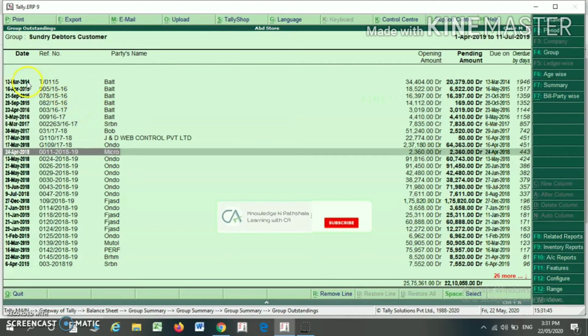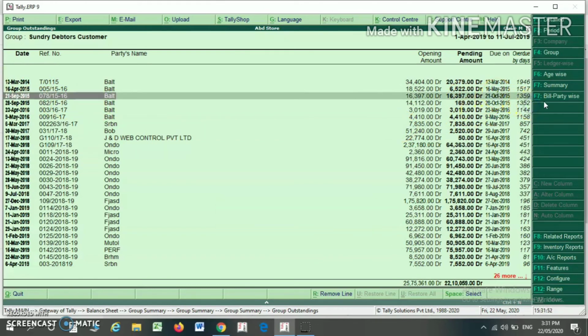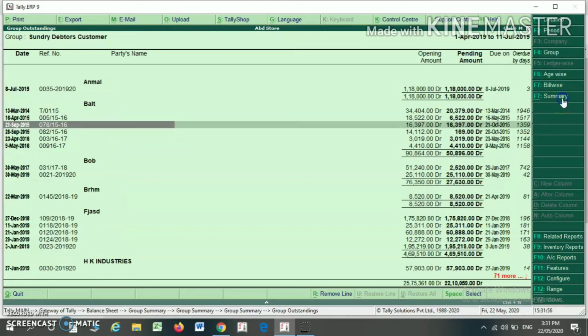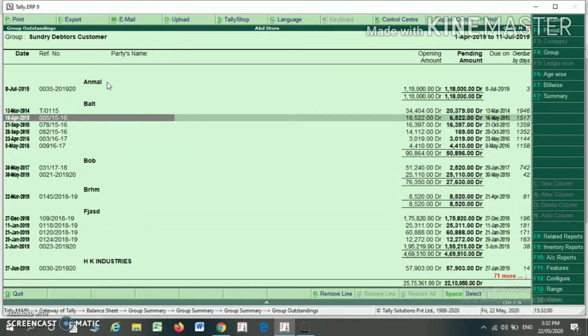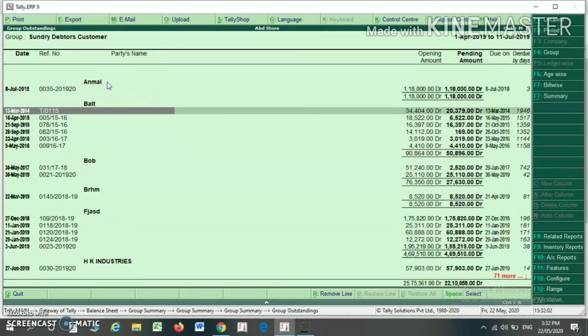You can find here the date, bill number, party name, pending amount, due date and overdue date. Suppose you select bill party-wise here, then you will see your report in this manner. For example, this is my party, this is his bill number for which the amount is outstanding.